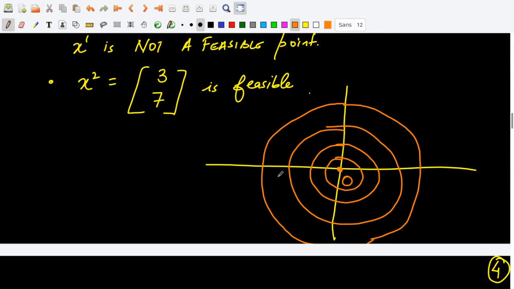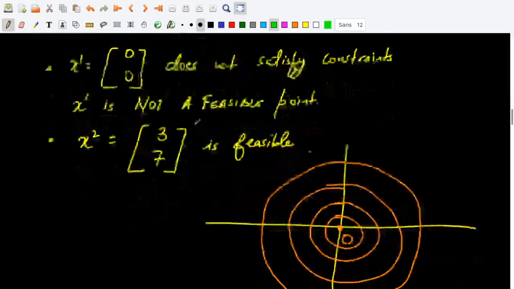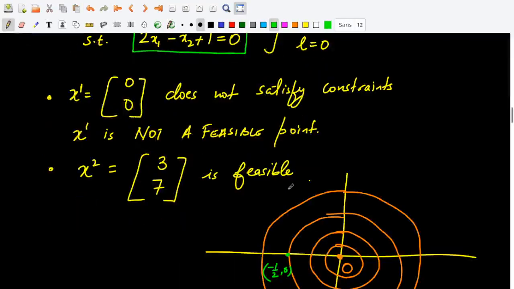These are concentric circles. If I look at the constraint and try to draw all points which satisfy these constraints, I will get... so minus half, 0 actually lies on this constraint, and so does 1 comma 0. If I draw a straight line passing through these 2 points,